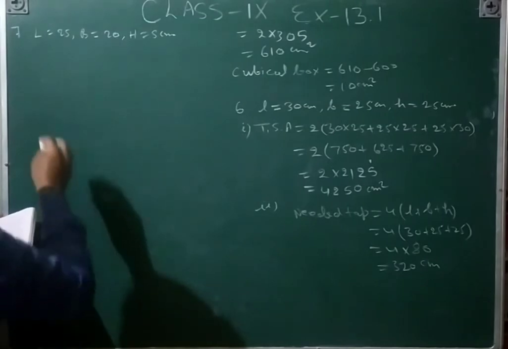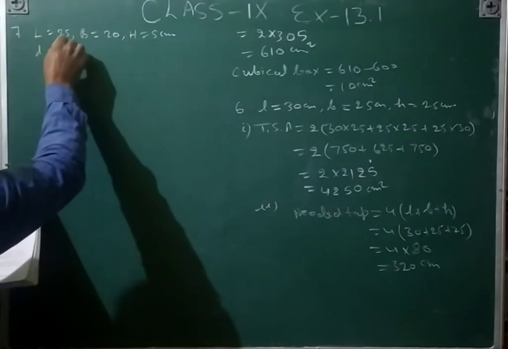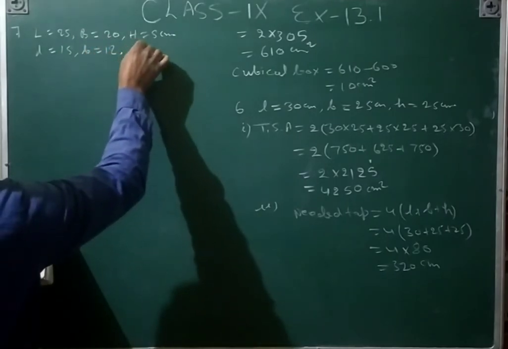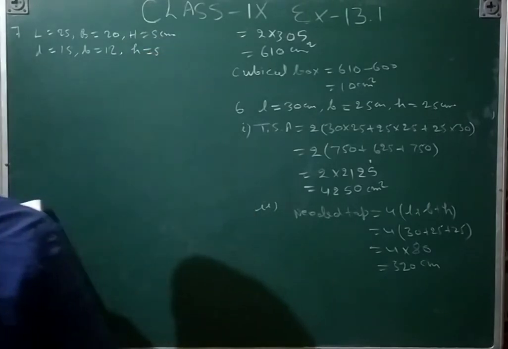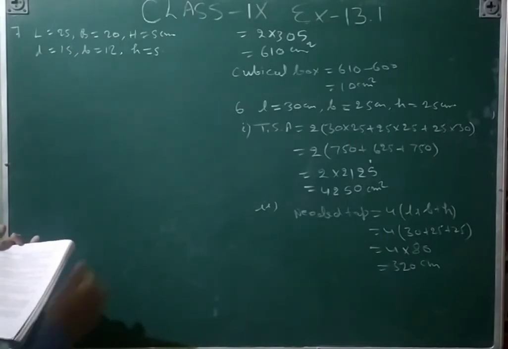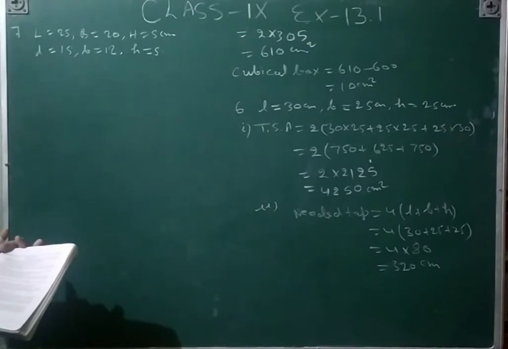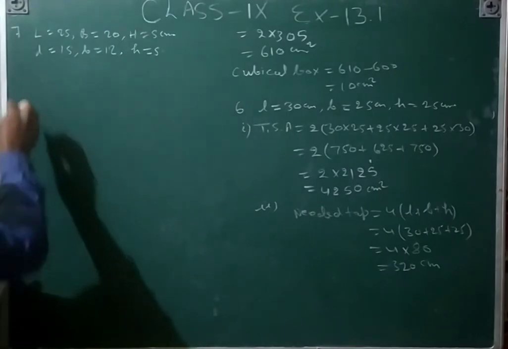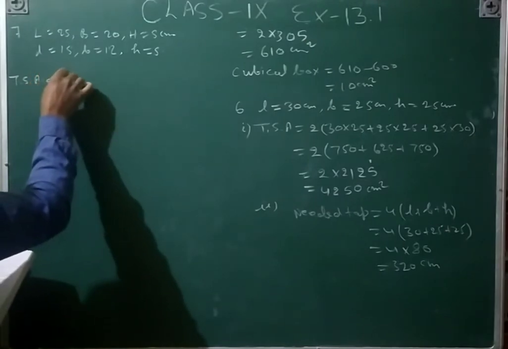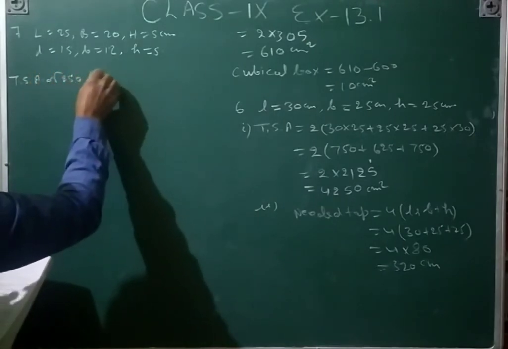And then the smaller box dimension is L is equal to 15, B is equal to 12 and H is equal to 5 centimeter. For all the overlap 5 centimeter, overlapping means that box is extra. Total surface area is required if the cost of cardboard is rupees 4 for 1000 centimeter. Find the cost of cardboard required in that one, 250 boxes. So cardboard is equal to TSA of 250 both boxes